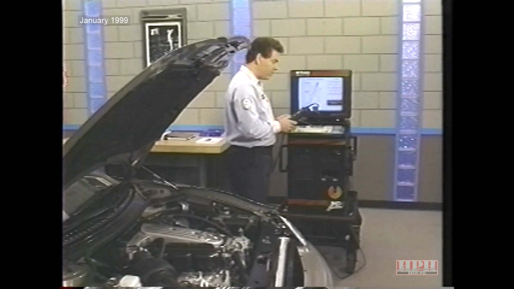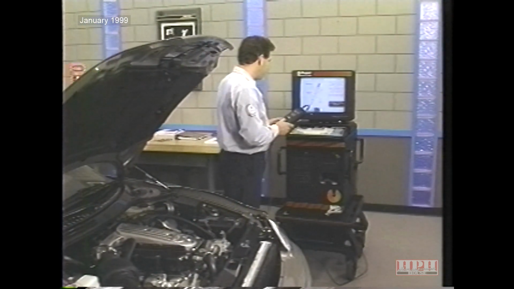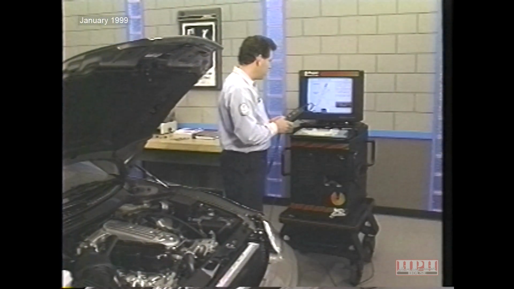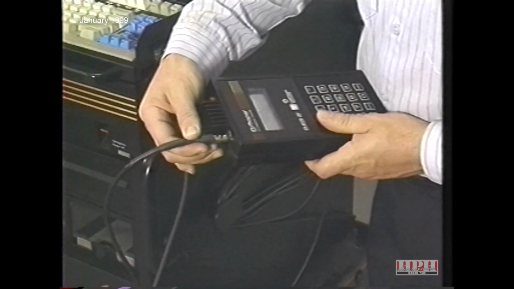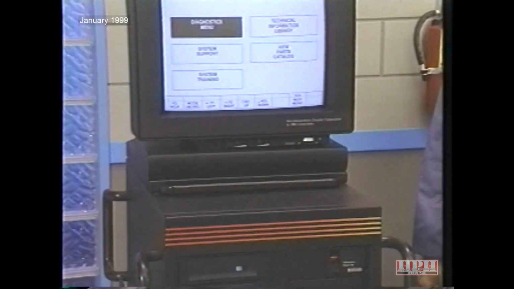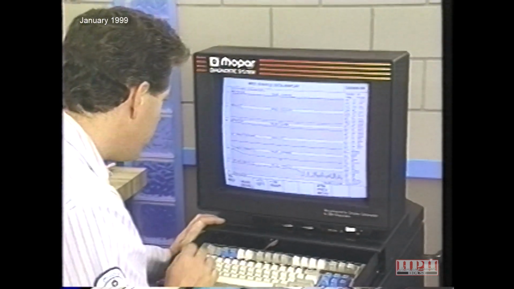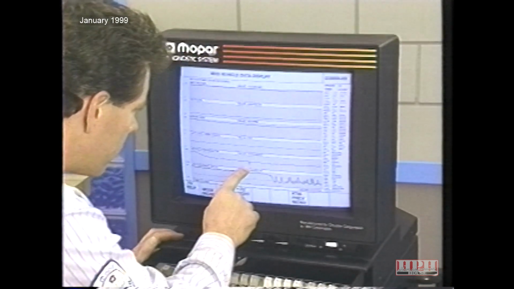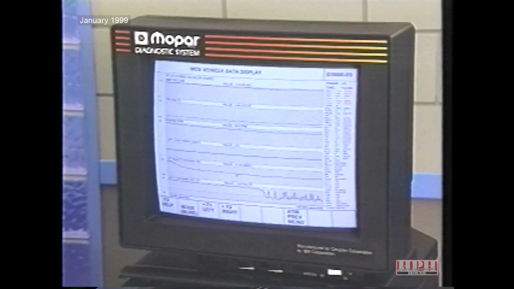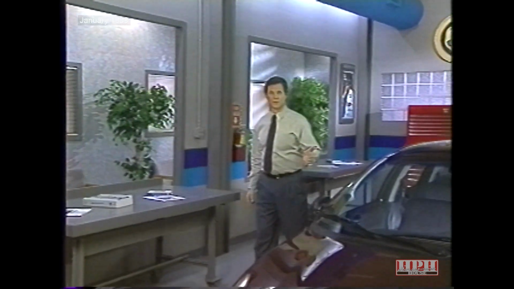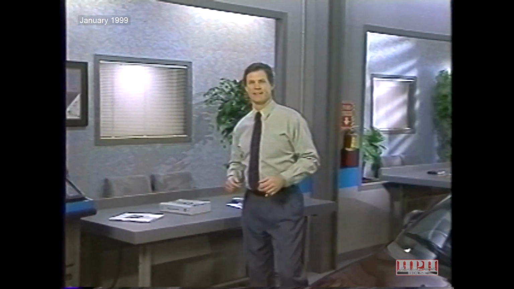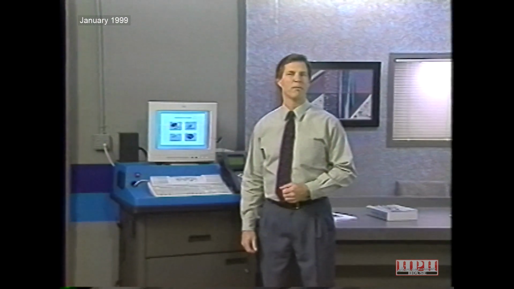Service technicians have come to depend on the MOPAR diagnostic system for assistance when diagnosing and repairing problems on the vehicles they work on. Since the early part of this decade, the MDS has provided technicians with the tools and information they need to deal with the ever-increasing computerized technology that controls more and more vehicle systems. But technology advances rapidly, and those who do not keep up will be left stranded on the shoulder of the information highway. Help is on the way, though, and it comes in the form of the next generation MOPAR diagnostic